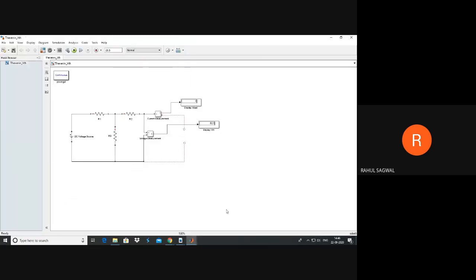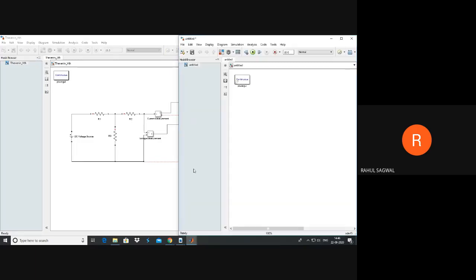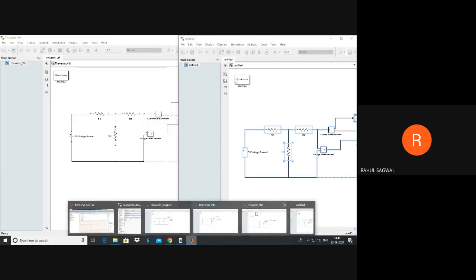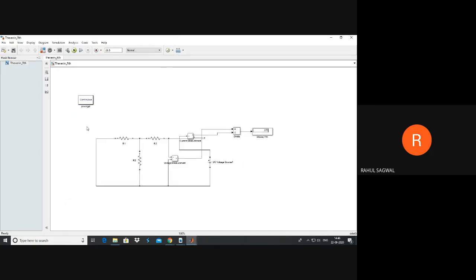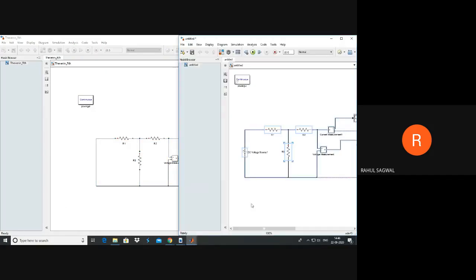Go to Thevenin VTH model. Copy paste it here. Go to RTH model. Paste it here.